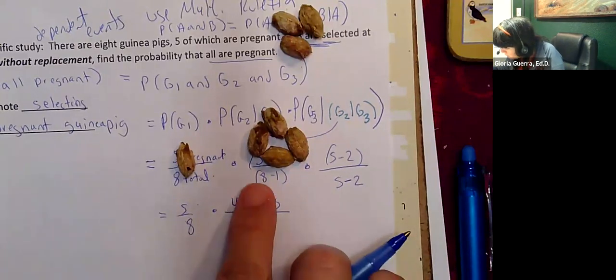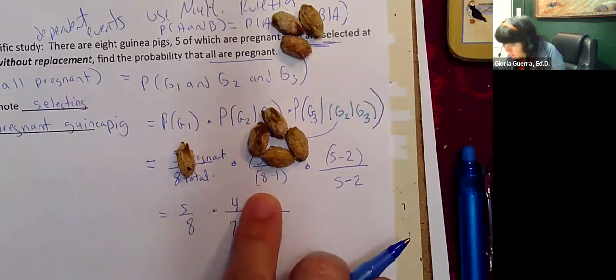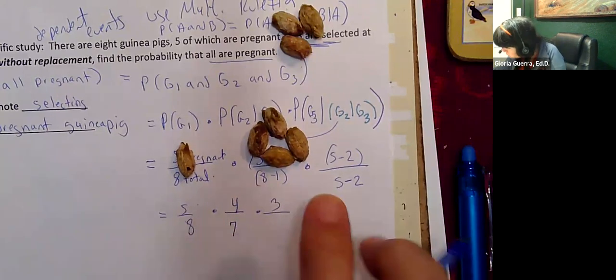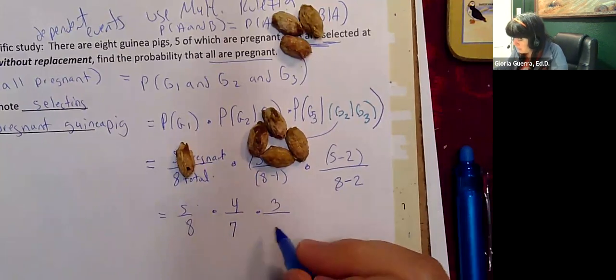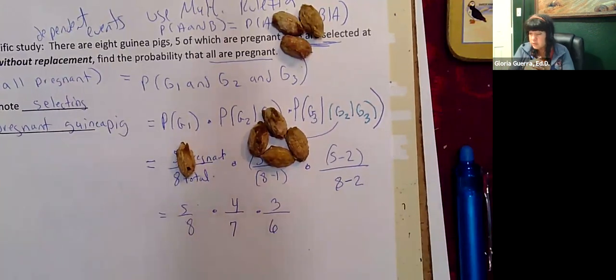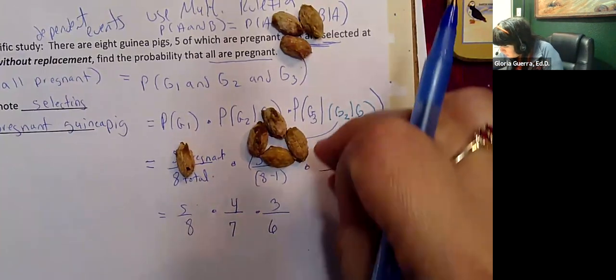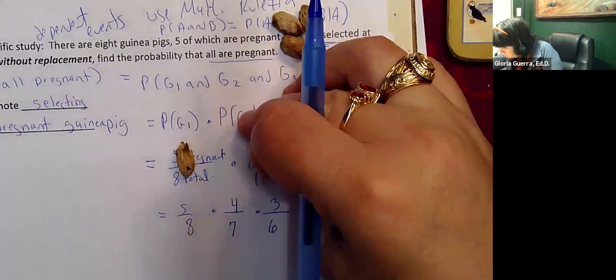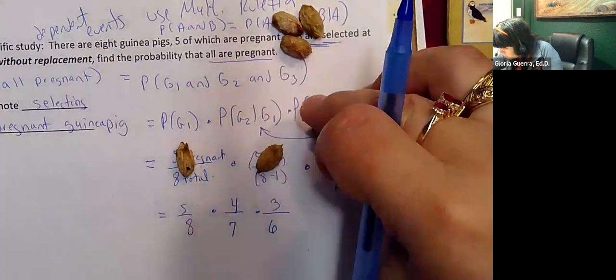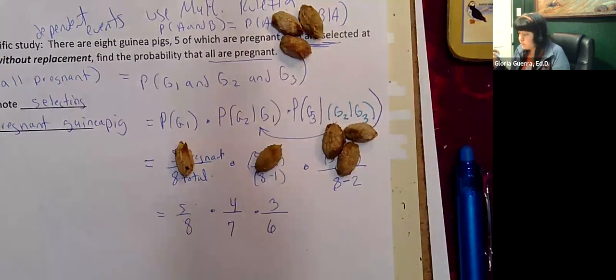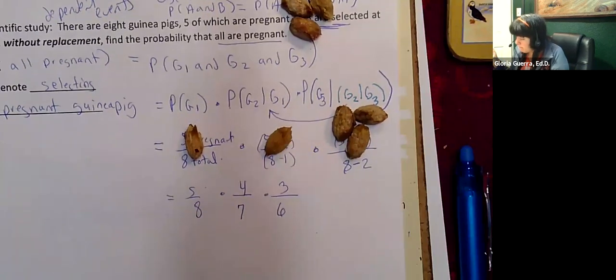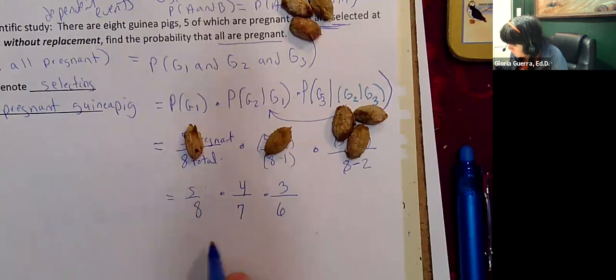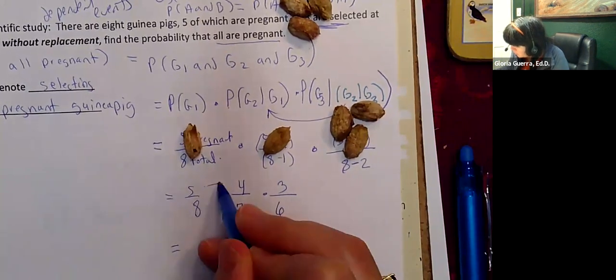This is 8, 8 minus 1, 8 minus 2. 8 minus 2 is 6. So 5 eighths times 4 sevenths times 3 sixths. So when you choose this guinea pig, then you're left with 3 left here. And so when you multiply across all your fractions,